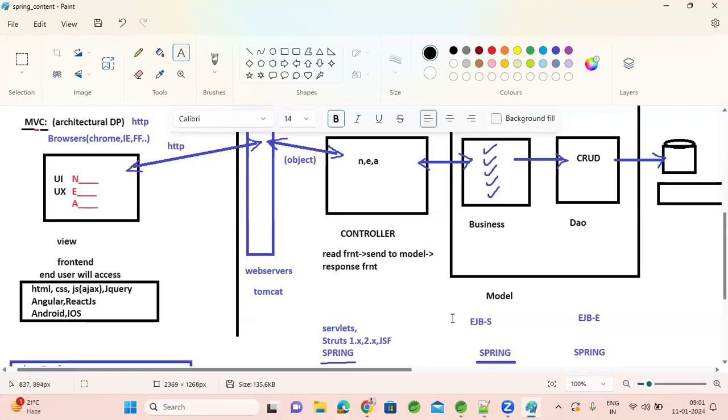Okay, and the business part used to be implemented using EJBs. They are very difficult components in terms of maintainability, right? Once you design your business classes and DAO classes using EJB entity beans and EJB session beans, they are not easy to run. We need to run those EJB classes in special containers, application servers.